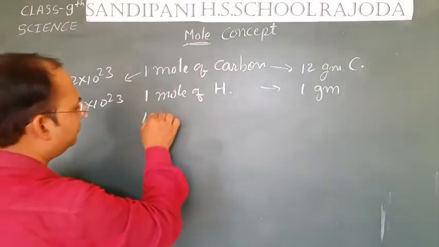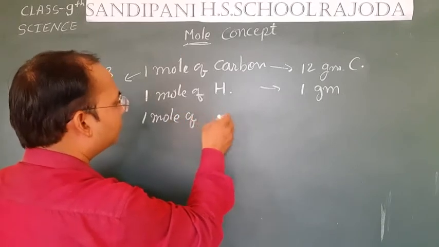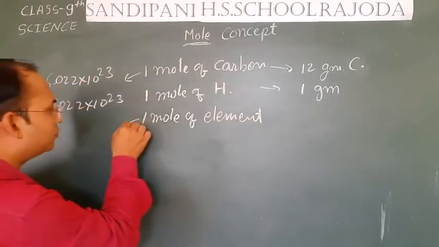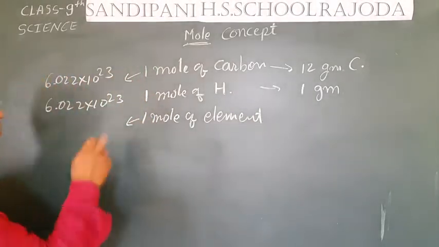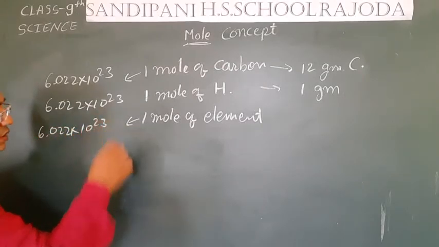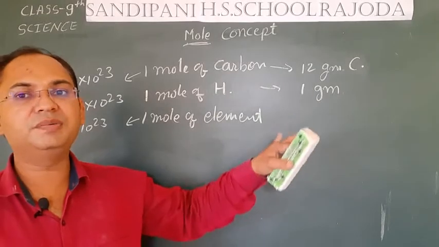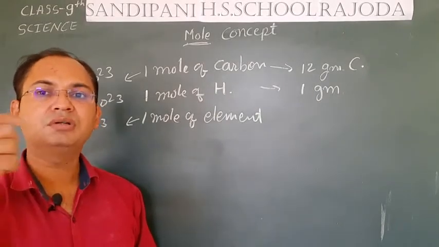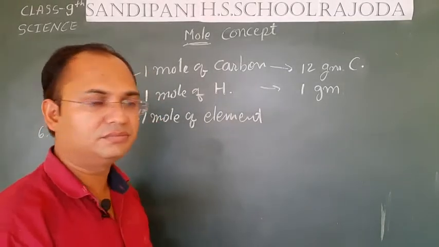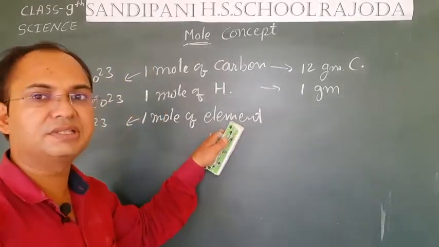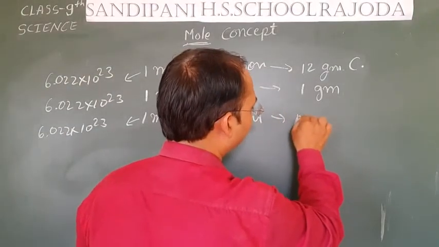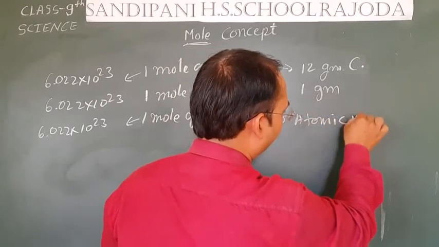So, for 1 mole of any element, the total number of particles will be 6.022 into 10 to the power 23, and their weight will be equal to the atomic weight of that atom. If we are talking about an element, we take the atomic weight